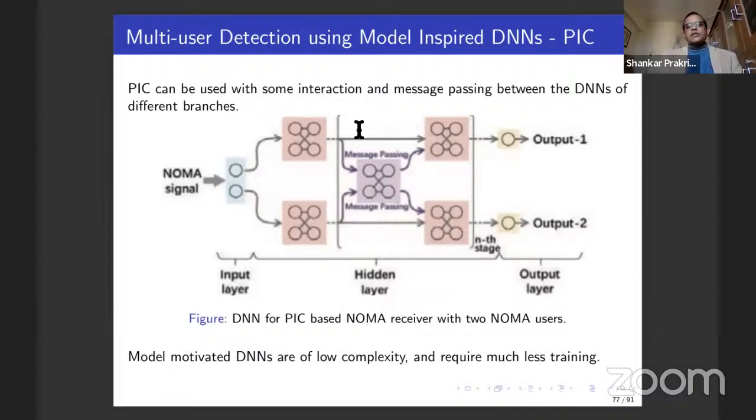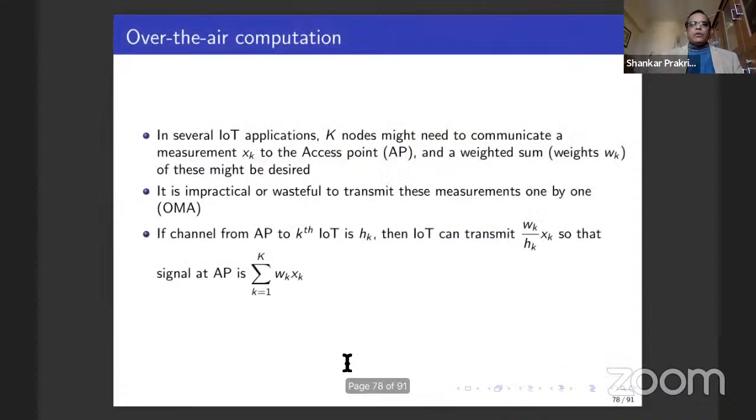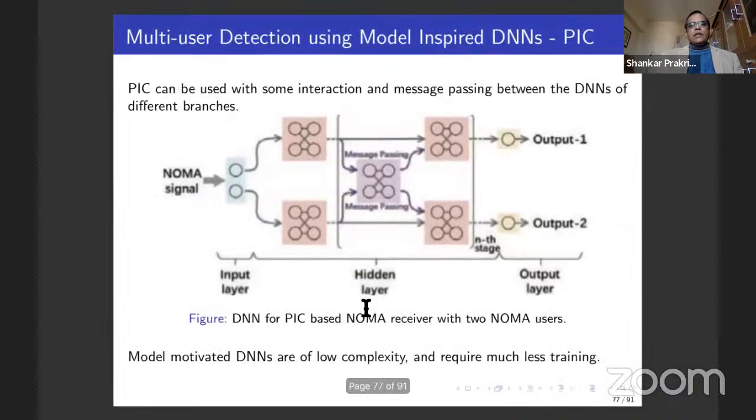Obviously, these structures require much less training than the original DNN, which was data-based and which you were just performing blindly, right? So these model-motivated DNNs are of low complexity and they require much less training. Okay. Now, as you can see, the use of DNNs is very well motivated, because